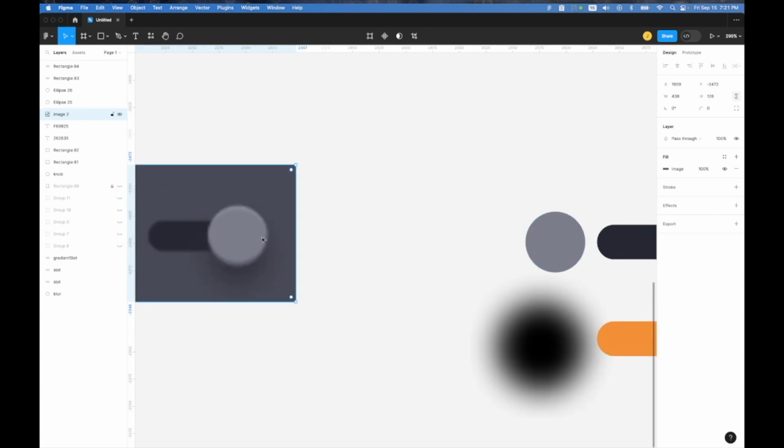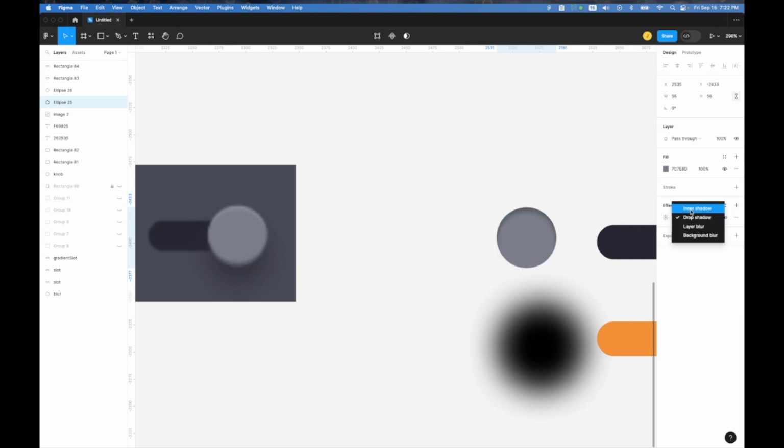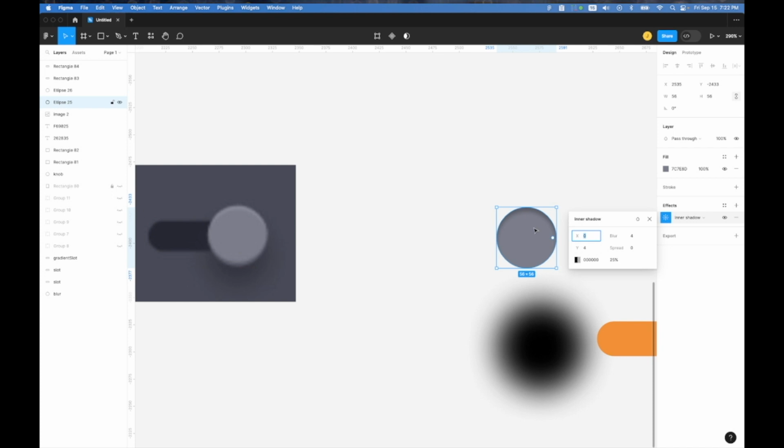Now see, on this knob, there's a highlight and there's a shadow. So let's do that with our knob as well. And we're going to do that with an effect. So it's not a drop shadow, it's an inner shadow. Now see, we've already got it started here, but it's actually on the wrong side. We want to put that shadow on the bottom. That's this right here. So if we change this something like -4, that's going to,